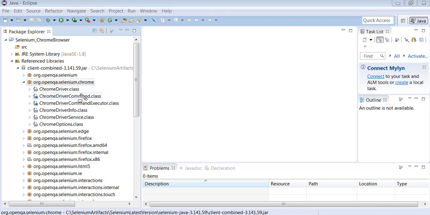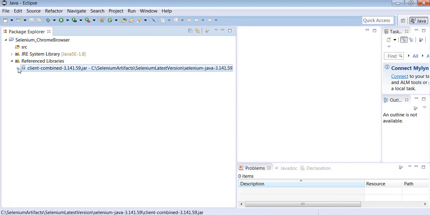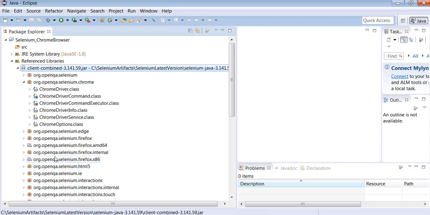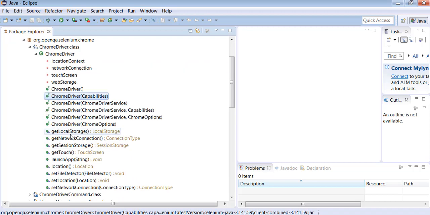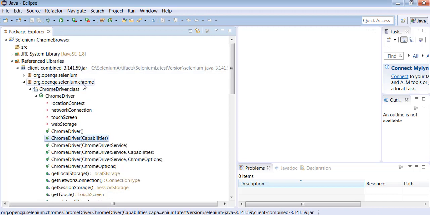So like that you can navigate and see the contents of this jar file. If you expand the jar file, you will find all the packages, and you can go through the packages to understand the classes within them. When you expand a class, you can see its content: what are the different constructors and what are the different methods available in this class. So we can navigate the jar file in Eclipse to understand its contents.